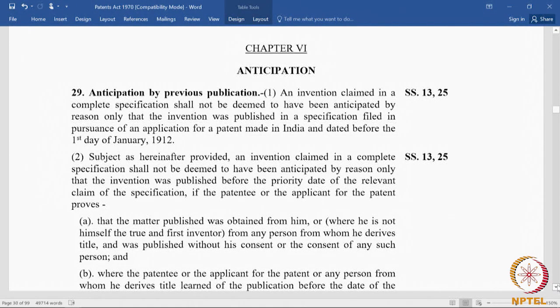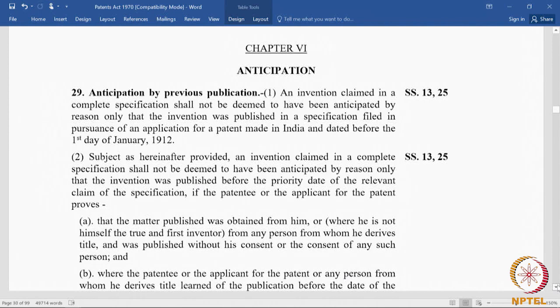Chapter 6 of the Patents Act deals with anticipation. Chapter 6 starts with section 29 and goes all the way to section 34. So, 29 to 34 deals with anticipation. 29 to 34 deals with instances which are excluded from anticipation, and we understand anticipation as a situation where an